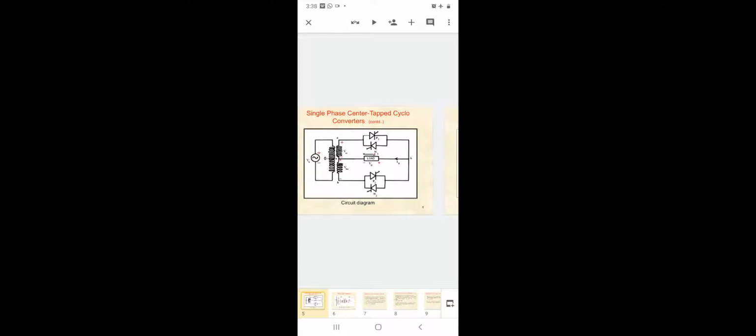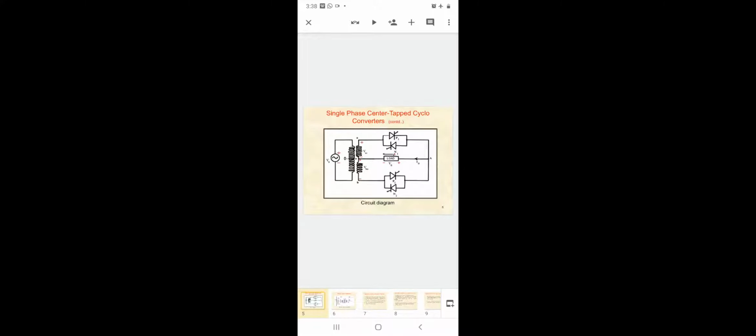Here initially the P1 thyristor is turned on and starts conducting during the positive half cycle, and after it is force commutated, N2 starts conducting. So N2 makes the negative output, and P1 makes the positive output. Next, after the omega t equal to pi interval,